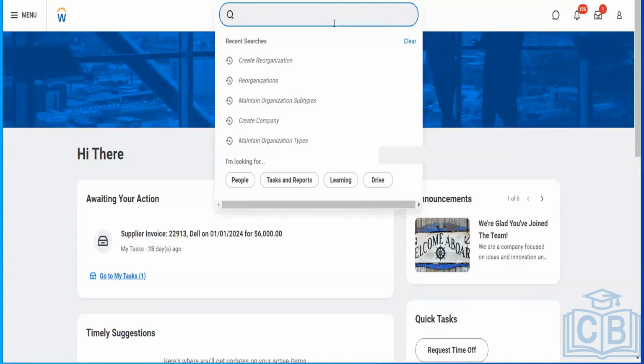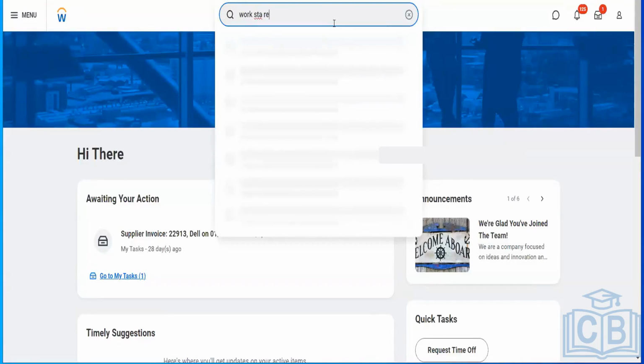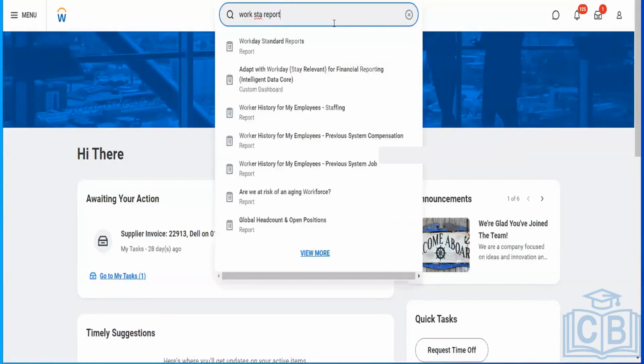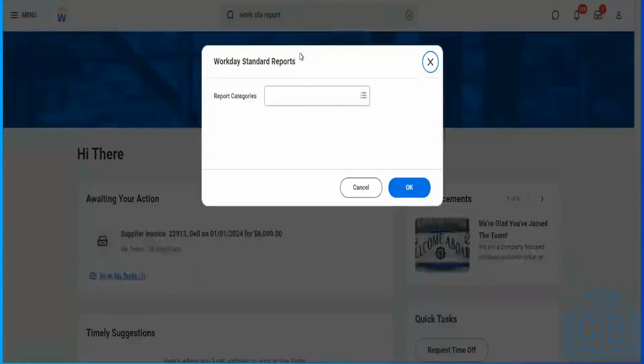First of all, the task is pretty easy, guys. It's Workday's standard reports, and anyway, you'll be getting that PDF. It's almost a 200-page PDF document you would be getting. In that you would see everything about the reporting structure. I'll tell you about that. First, if you type here about this standard report,